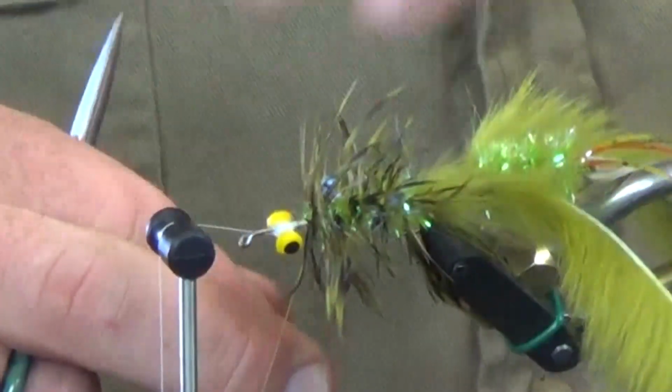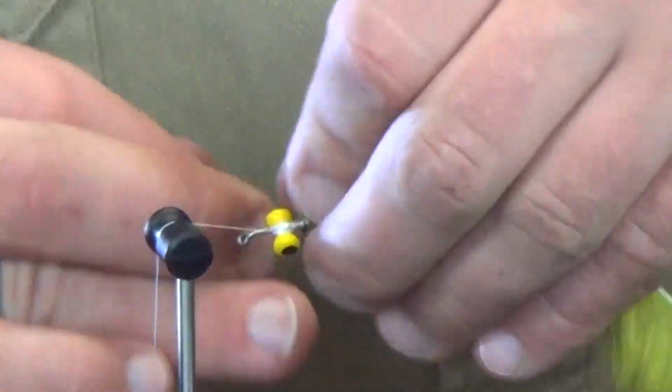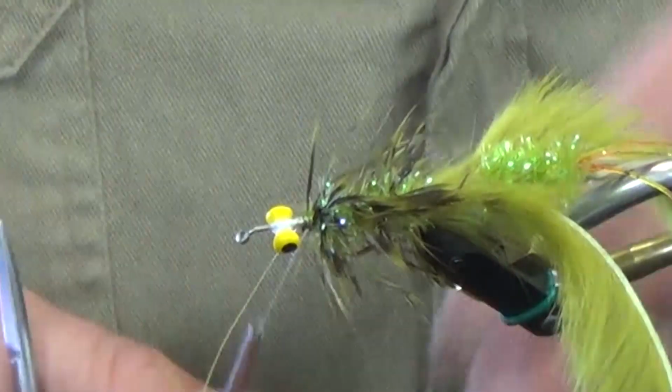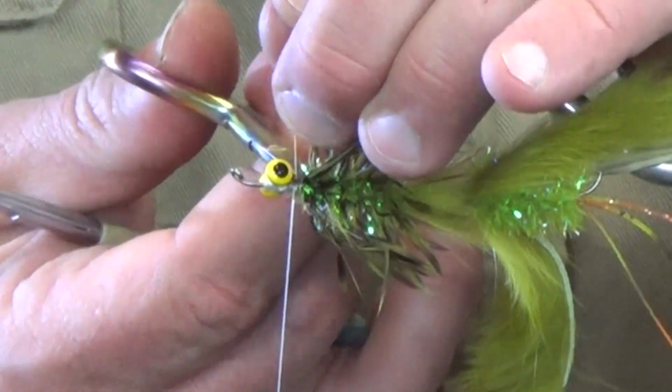And if you go pretty quick, you typically don't trap a lot of fibers. It seems like when you take your time and try and go through there real slow and pick through it, you wind up picking up more than when you just rip right through it. So